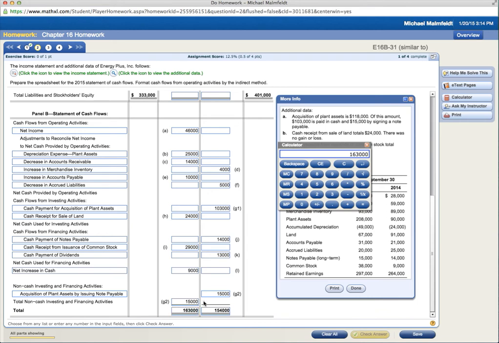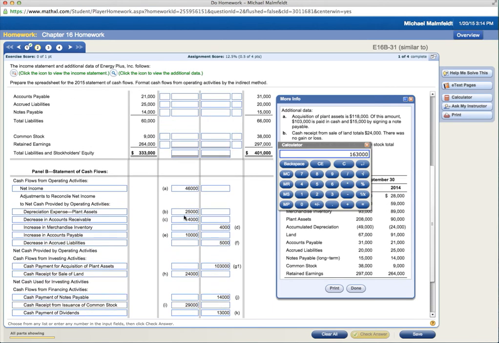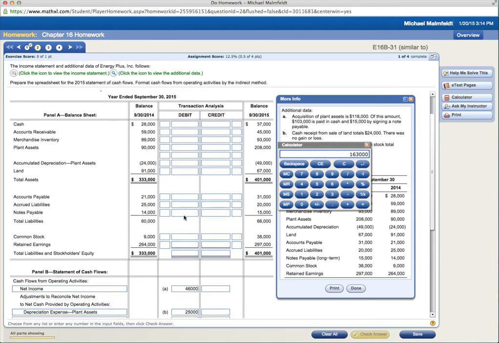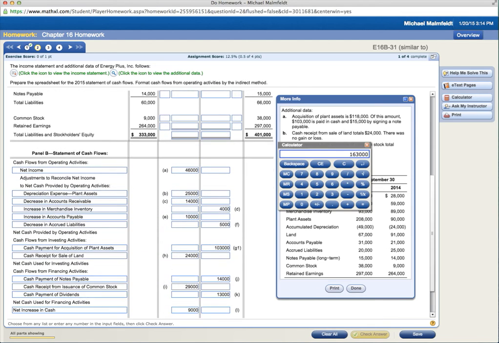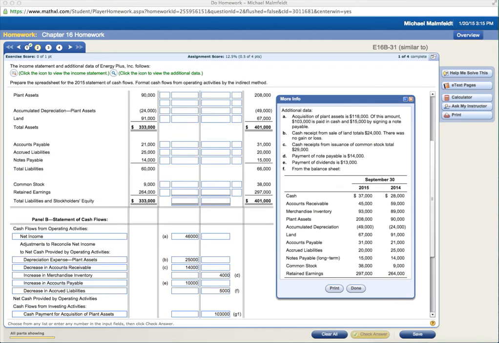Okay, so that's the end of this panel B section, and now I want to go through here and fill in from information from panel B to fill out panel A up here. Okay, so I'm filling out up here. I think it's easiest or best to just start here and work our way down. So we got $46,000 of net income. Well, what does net income usually affect on the balance sheet? Well, that will affect your retained earnings from one year to the next. So we started with $264,000,